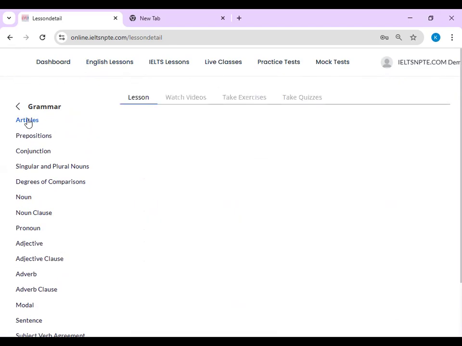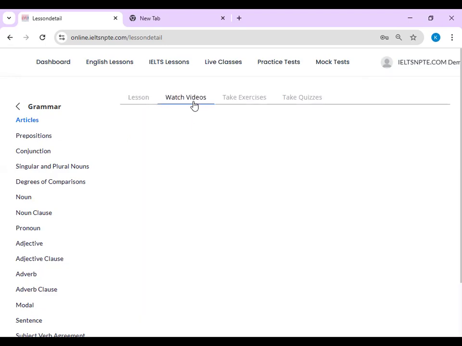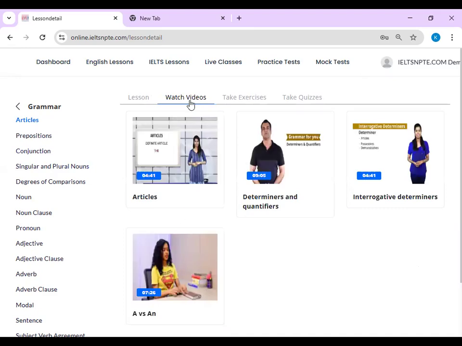This was the theory about it. If somebody wants to check out videos stating the same, then he can also click on watch videos, and all the available videos for articles regarding grammar would be given here. If he wants to check himself whether he has understood the concepts or not, he can definitely check out the